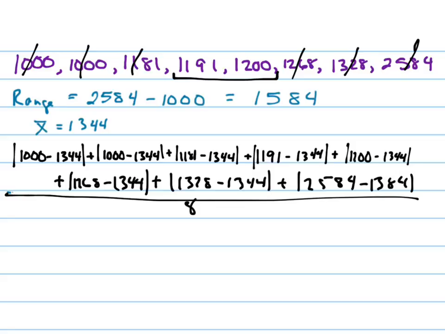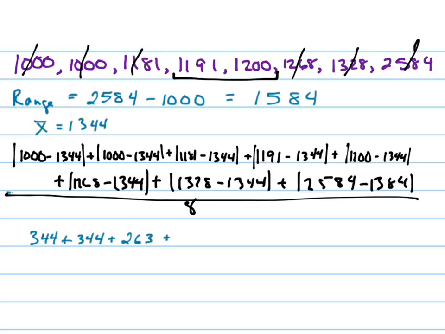Everyone's wondering, is there a way to do this on the calculator? Nope. The calculator calculates a different type of deviation. So with the mean absolute deviation, it's just all of the sequence of numbers. Is there anything on here that can do absolutes? Yeah, there's an absolute value button on there. It's under math. You go to math and then over to number. Absolute values don't even really matter, because if it's a positive number, it's the same. If it's a negative number, it's just positive. So 1,000 minus 1,344 is negative 344, and its absolute value is 344. So we're going to have 344 and 344, and then